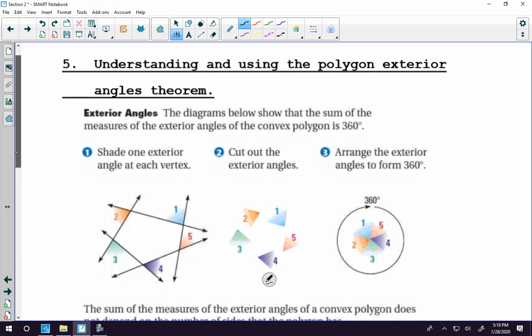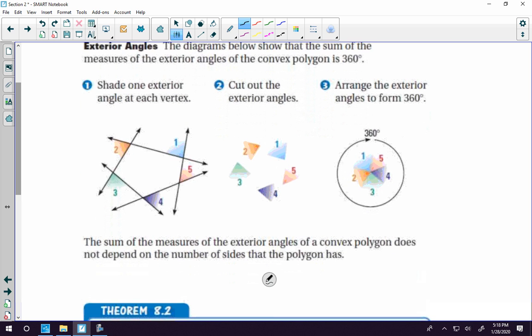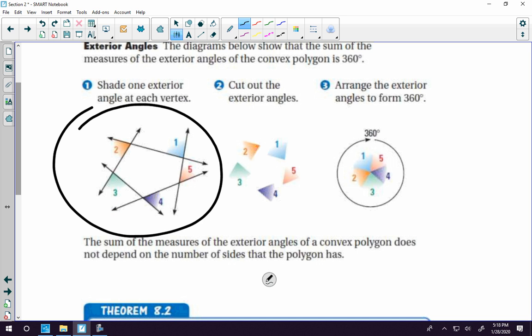Okay, last but not least, fifth objective, understanding and using the polygon exterior angle sum theorem. Let's first remember what an exterior angle is here. So if we focus here on this convex pentagon,